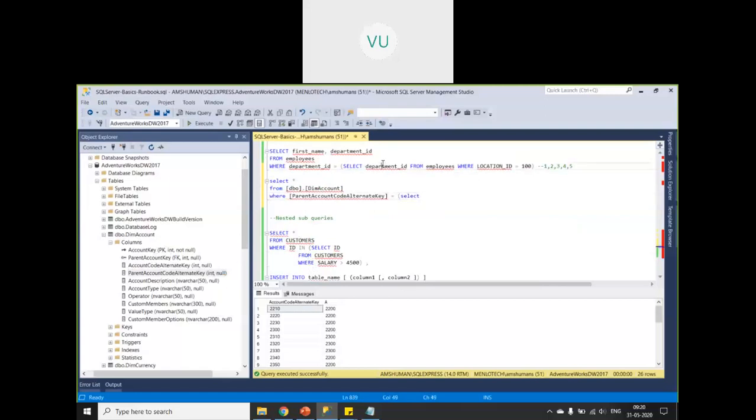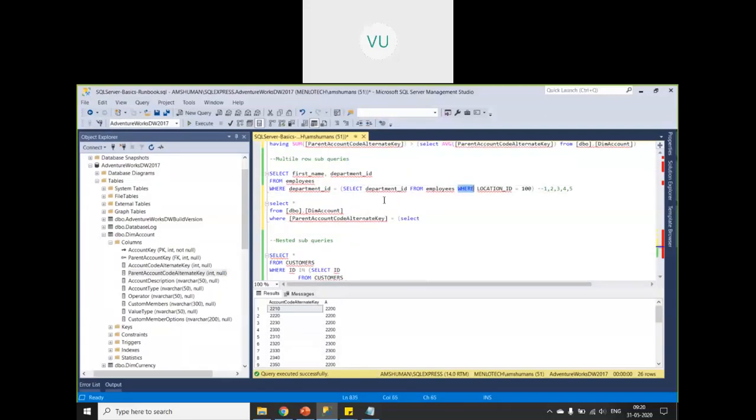again. The subquery need not be on the same table, but the column types should match. When you are putting equal to or greater than or other conditions, the data type of this column and this column should match. Anyway, we are performing on the same column in the same table. So select that column from this table.